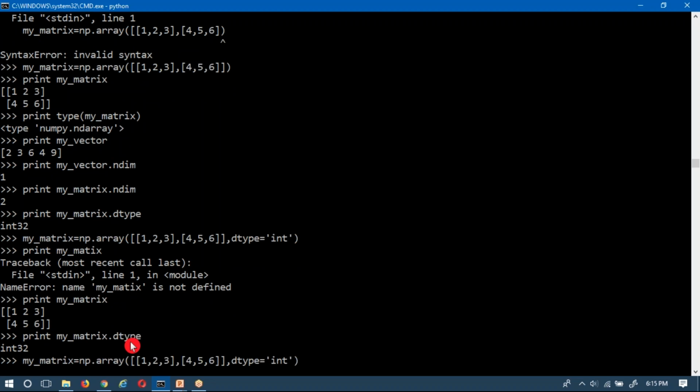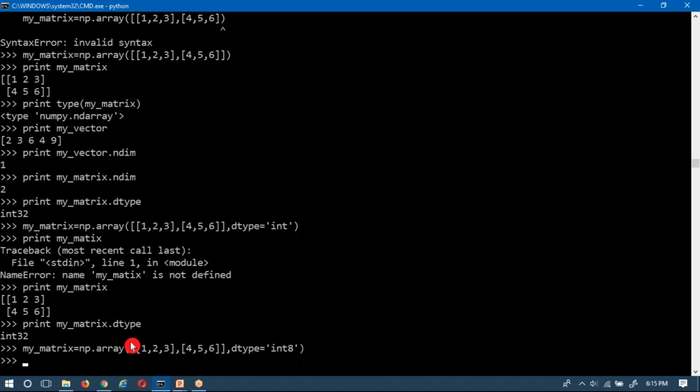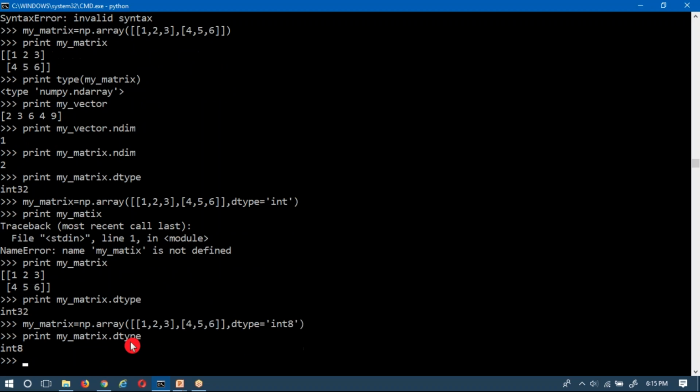Now instead, you can also write 8, suppose. Now if you print your data type, you have integer 8. That is 8 bits, but 1 bit is used to represent positive and negative, then the remaining 7 bits are used to represent your data. Then whatever the value of 2 power 7, that much data you can represent in negative as well as in positive.